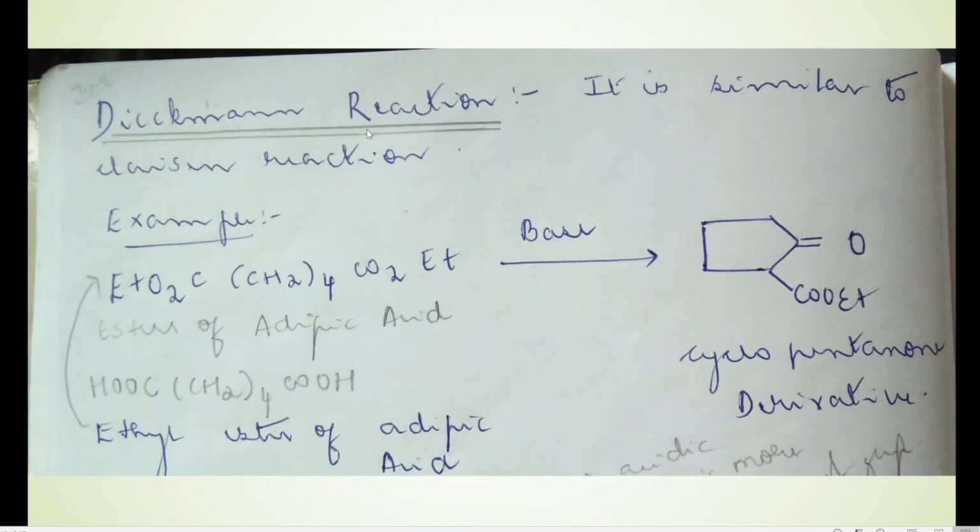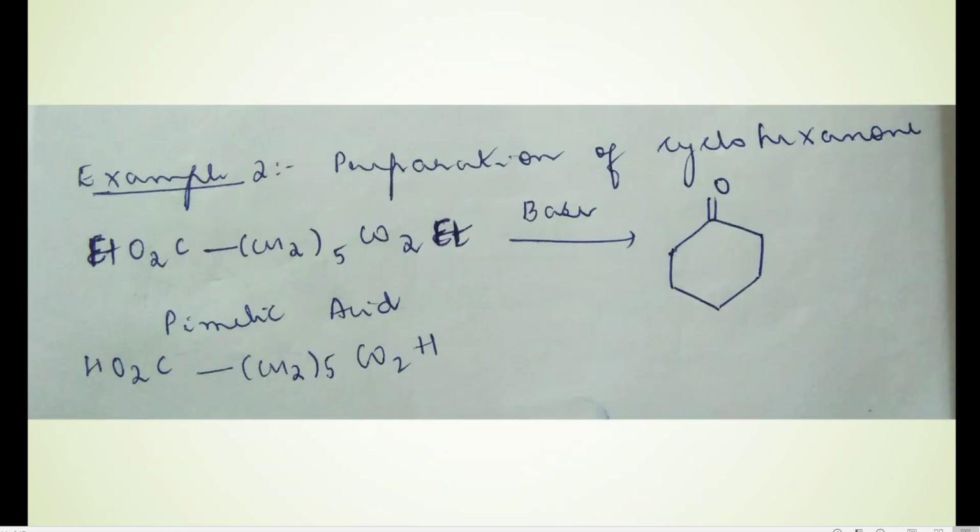Now what else are you taking? You are taking a base here. So let's take a base. Now since this is more acidic, it will lose one H as H plus ion. So this carbon will get a negative charge, and who will take up that H plus? The base will take up that H plus to form BH plus. So what is the next step, students?